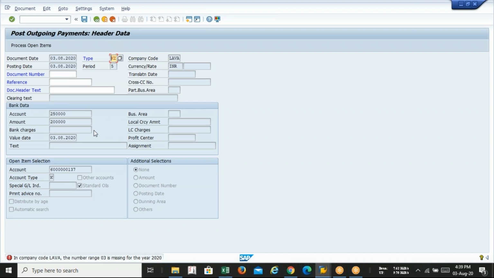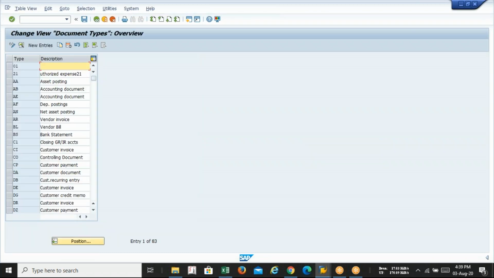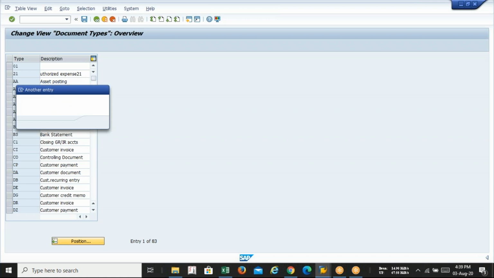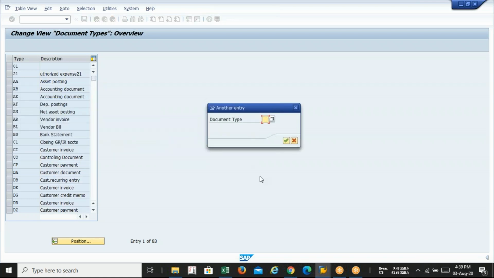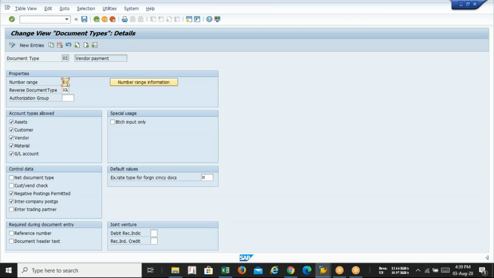Guys, have you understood now? If this kind of message is coming, don't panic. 15, sir. 15. Okay. Got it. So what we are supposed to do? First, you have to click OBA7. And next, click on the document type. So vendor payment will be KZ. KZ for the vendor payment. Okay, now select, double click, and you can see someone else has changed it. That's why this problem is coming. So 15 will be the default key.